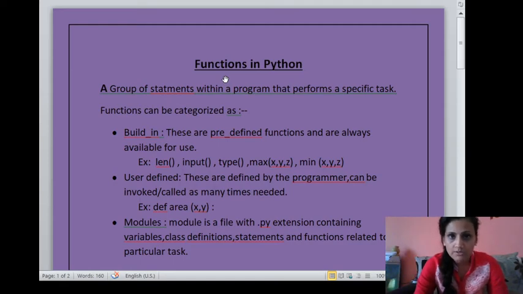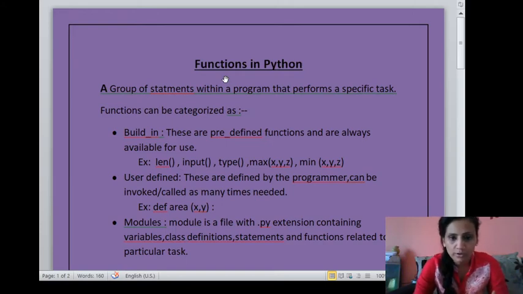These variables are called parameters. These variables are going to receive the value. After that, the calculation or whatever the process is to be done under the function definition will be using these two variables.